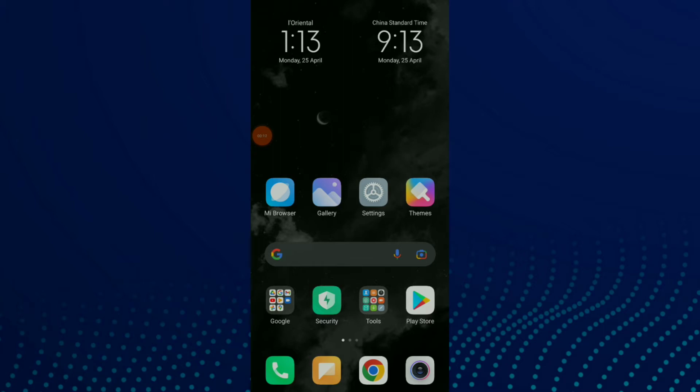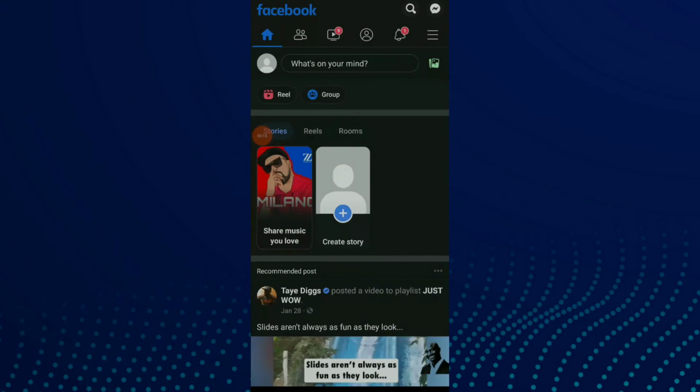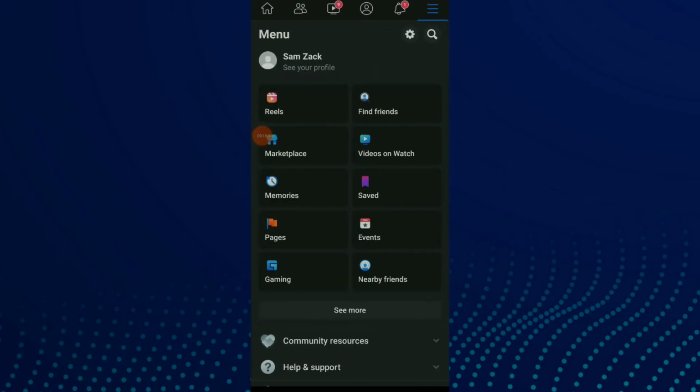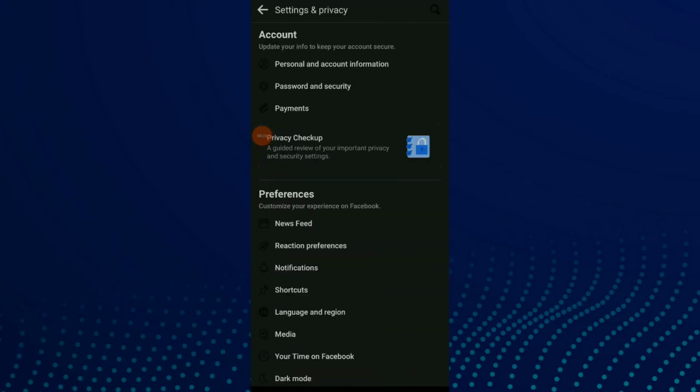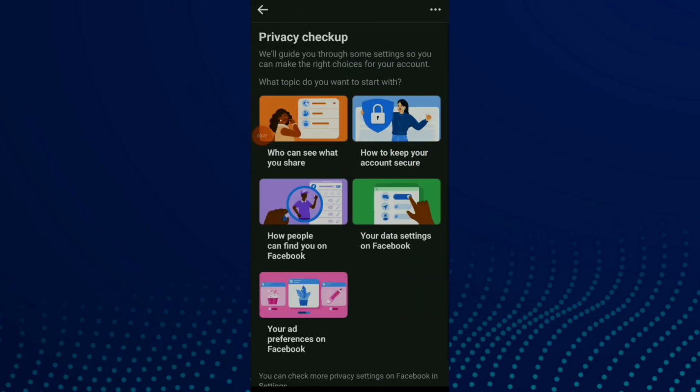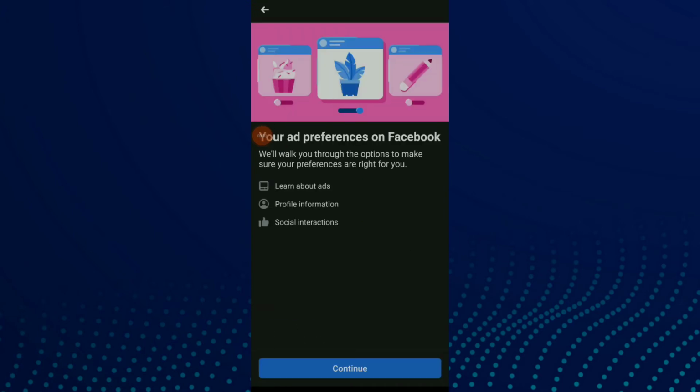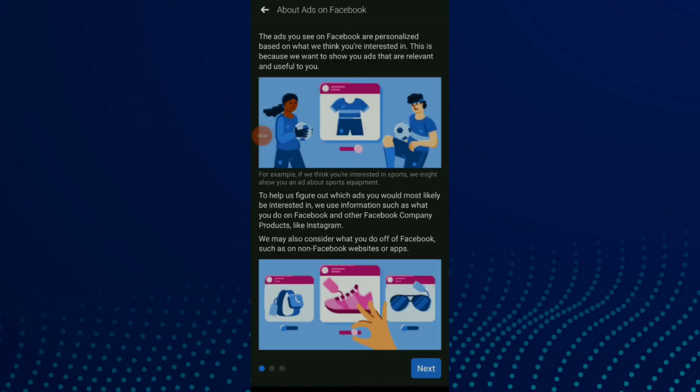First thing, go to your Facebook app and now click on those three lines up there and click on the setting icon beside the search icon, and now click on privacy checkup. Click on the pink one, which is your ad preference on Facebook, and click on continue and click on next,